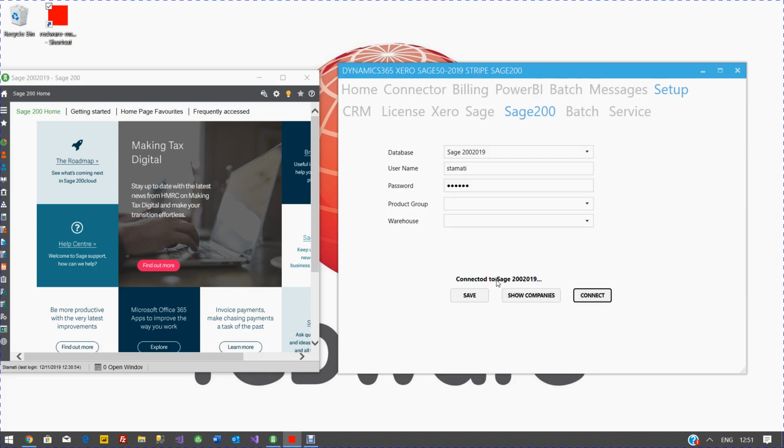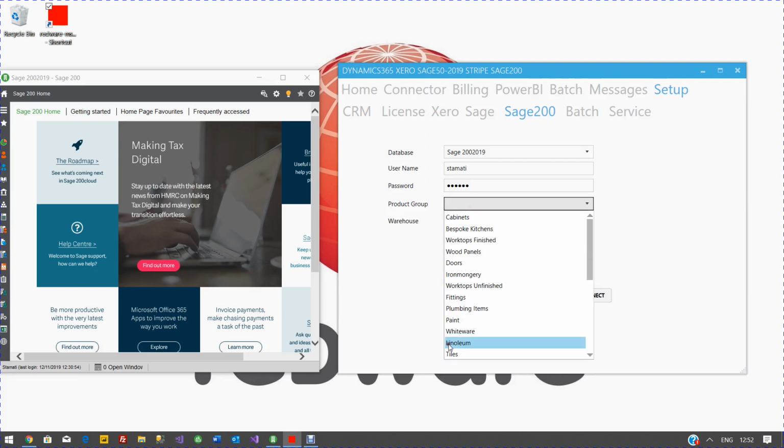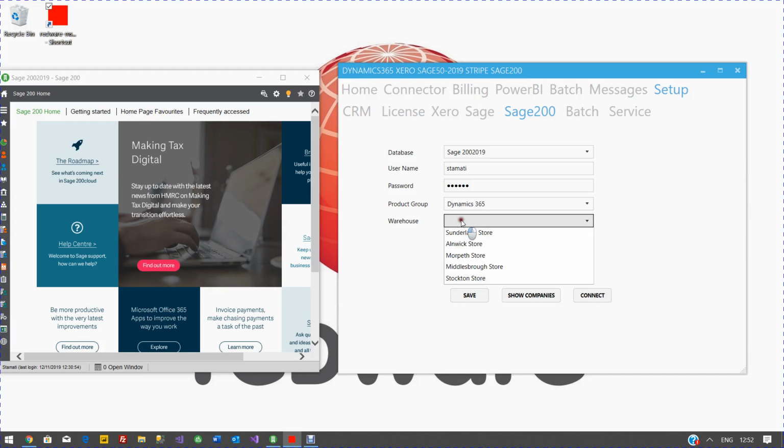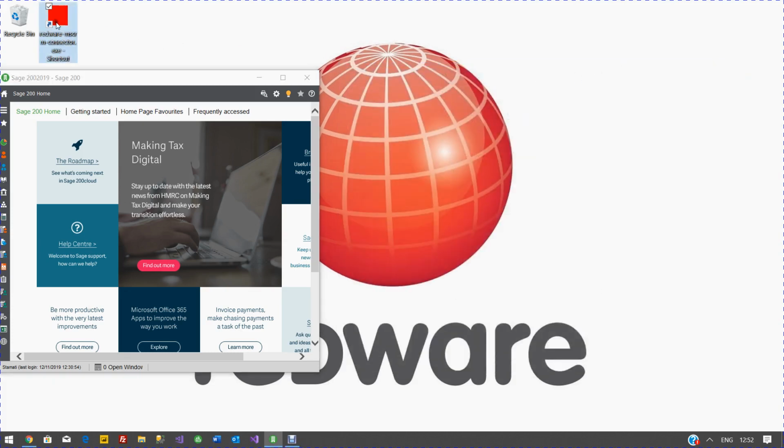Basically, if the connect works, you're fine, but you need to set a default product group. And if you've got multi-locations, you need to set a default warehouse. So that's basically the setup for that Sage. If you wanted to, you could set up a second one by pressing Save, Connect, and setting the product group. So if I just close that down, I think once you've set it up, you have to close